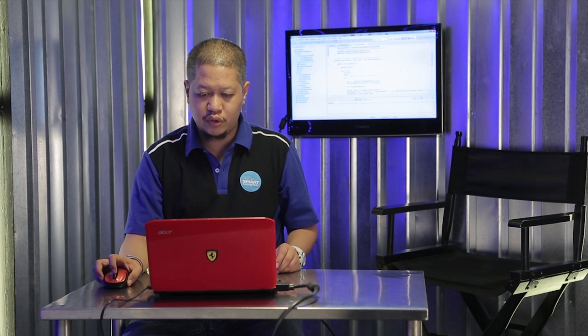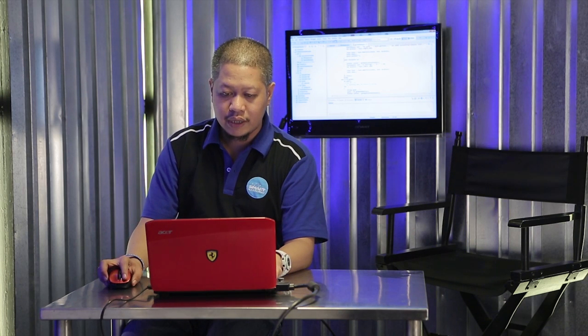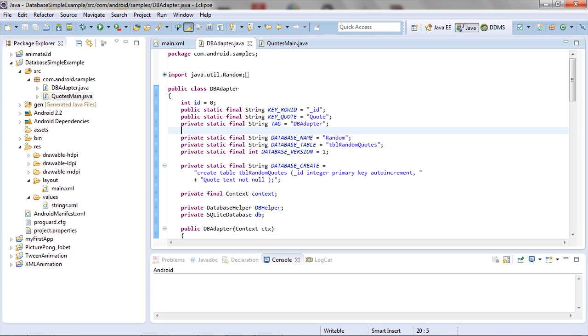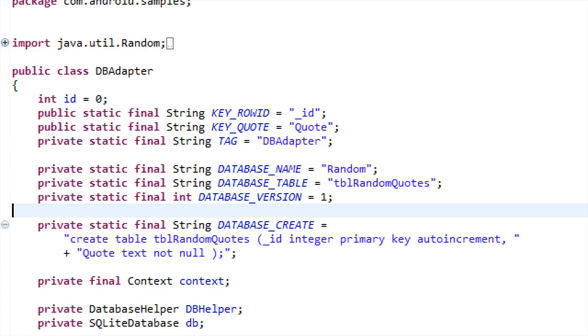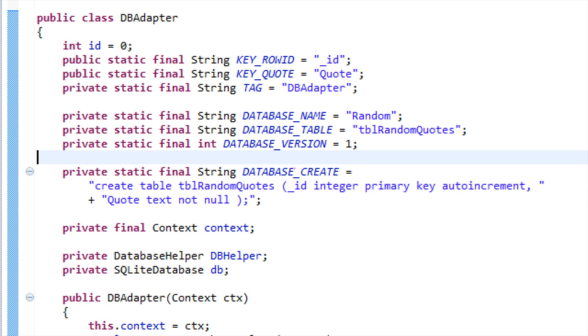And I'll bring up our main activity now. We don't want to add extra lines here that you don't really need. That's why you create an extra class. In this case, it's dbadapter.java. So we'll look at this piece by piece, and I trust that you guys will take care of typing everything in at your own pace. I'll switch my code window to full screen so it's easier to see. So we'll look at the start of DB adapter.